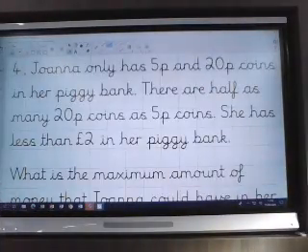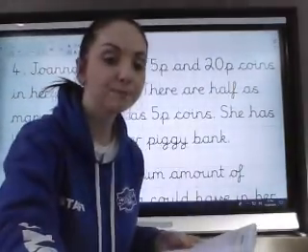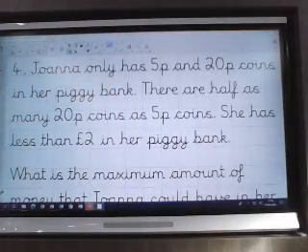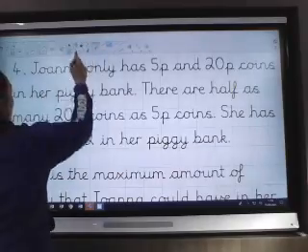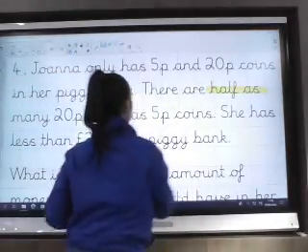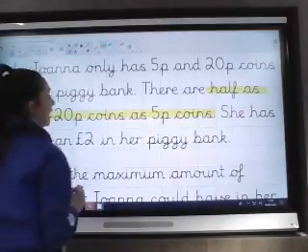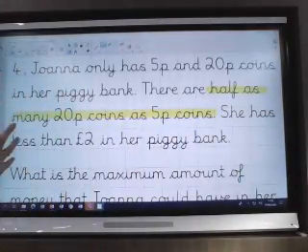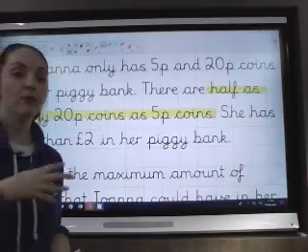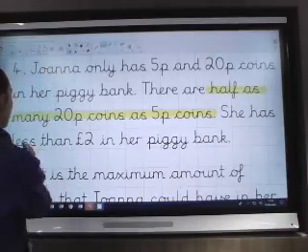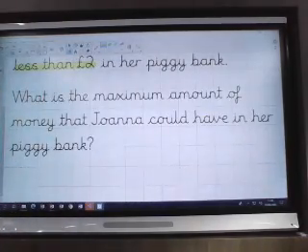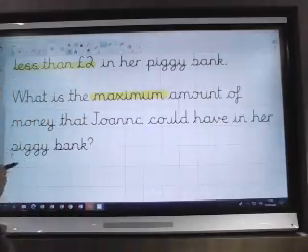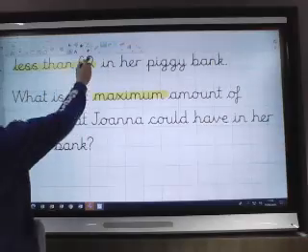Okay. Moving on then to question 4. It says, Joanna only has 5p and 20p coins in her piggy bank. There are half as many 20p coins as 5p coins. That's going to be some key information, isn't it? Okay, so however many 5p coins, she's got half that amount of 20p coins. She has less than £2 in her piggy bank. Okay, so that's some key information as well. What is the maximum amount of money that Joanna could have in her piggy bank? Okay, so